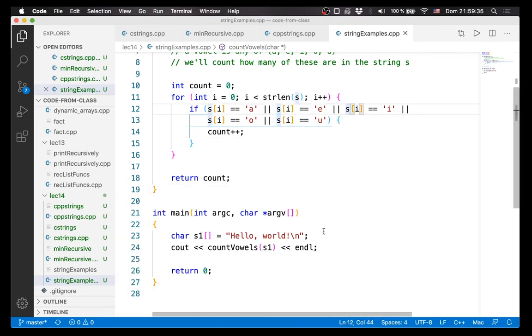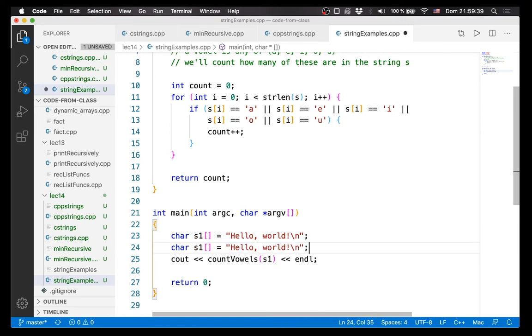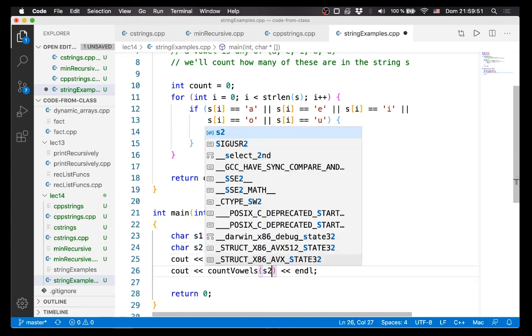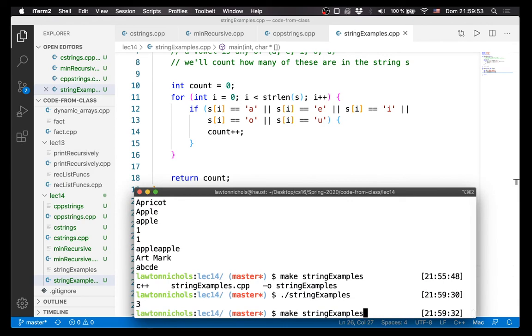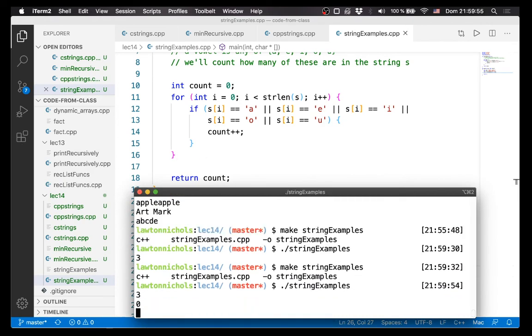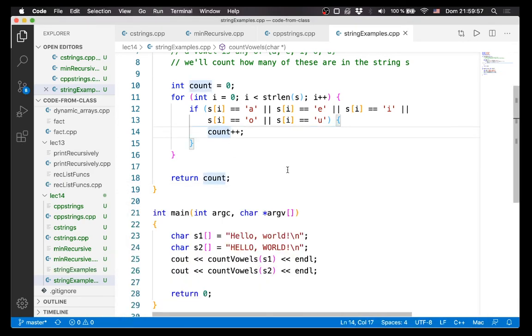There's one issue with this function, and I wonder if you found it. Alternatively, what happens if I do this? Take your best guess. There are no vowels. What? Well,